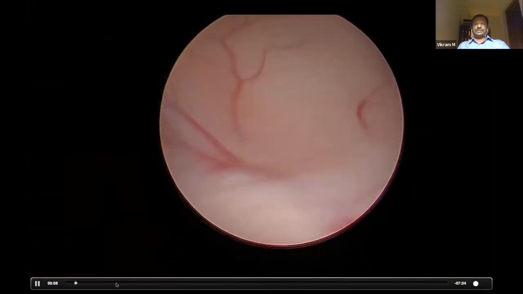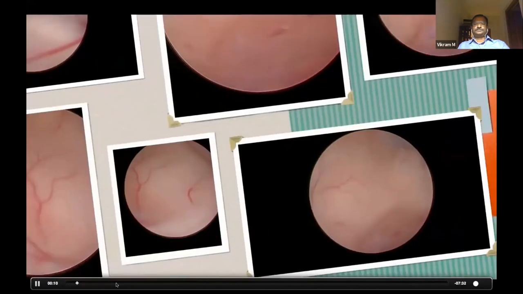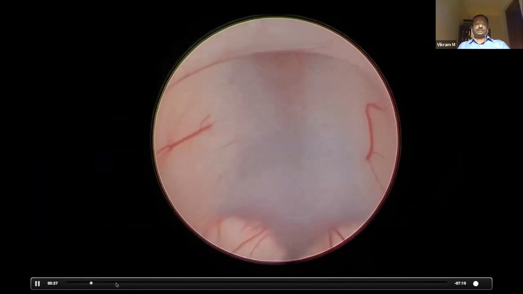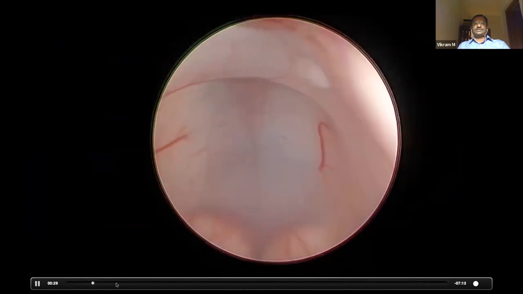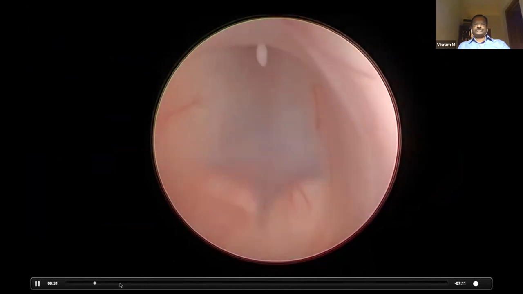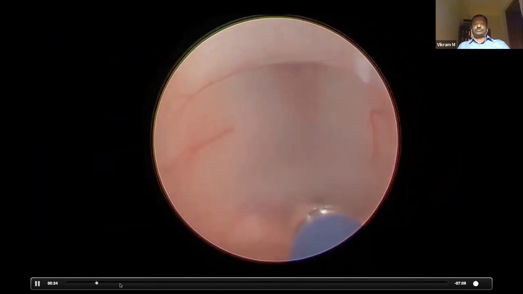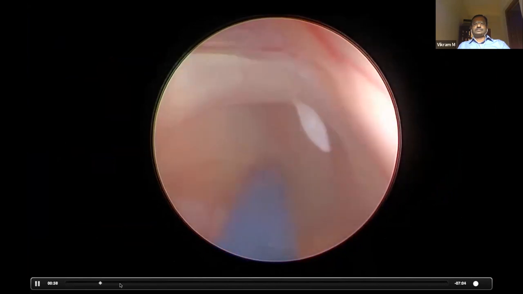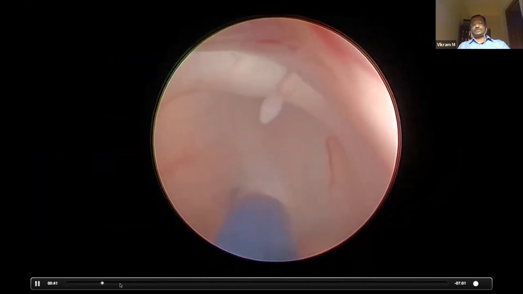This is as we enter the third ventricle. That's the mammillary body with the flow. You can see the floating membrane, which is an arachnoid cyst. Because it is floating, it was partially obstructing the flow on and off, and causing the hydrocephalus and its symptoms. So to be on the safer side, I did the endoscopic third ventriculostomy to give the CSF diversion,